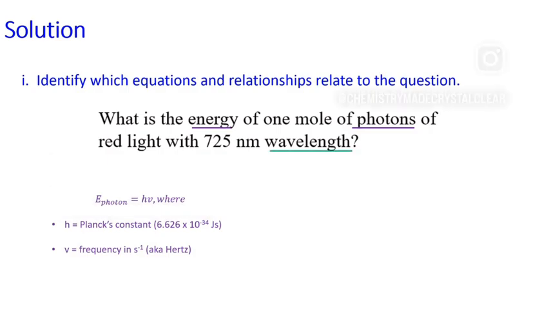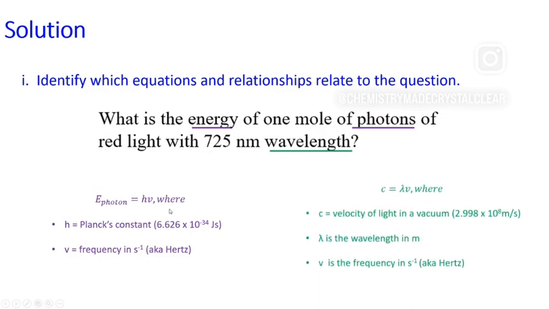We also see a reference to wavelength in the question. Now, there is no wavelength variable in this energy of photon equation. However, there's another equation that we learned about where c, the velocity of light in a vacuum, 2.998 times 10 to the 8 meters per second, is equal to the product of wavelength in meters times the frequency, which is again in seconds to the negative 1, or also called a hertz. Now, there is no equation that actually unifies energy with wavelength, which is exactly what this question is asking us